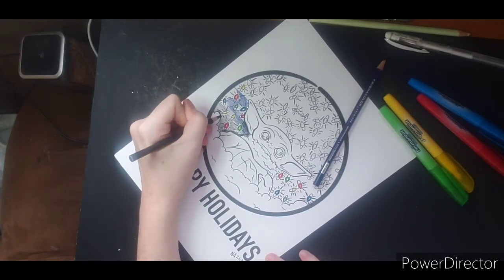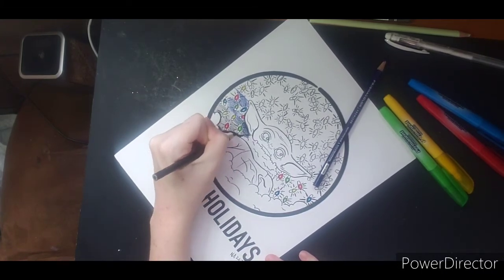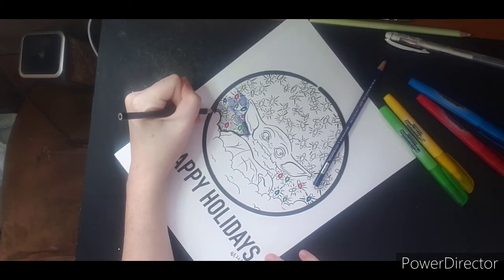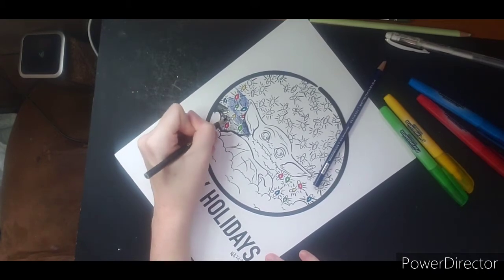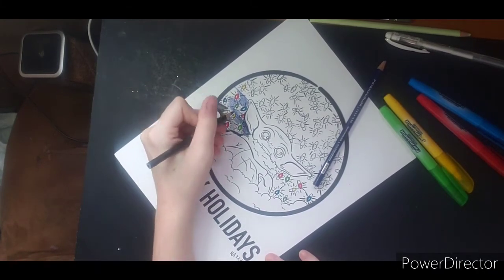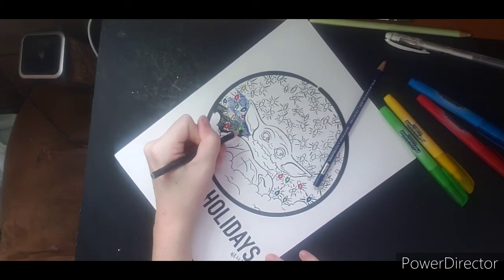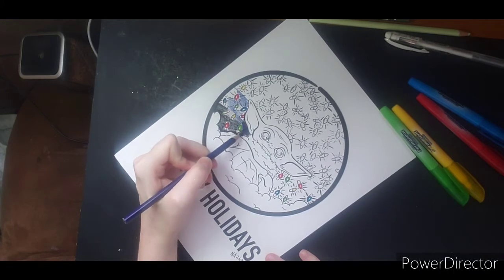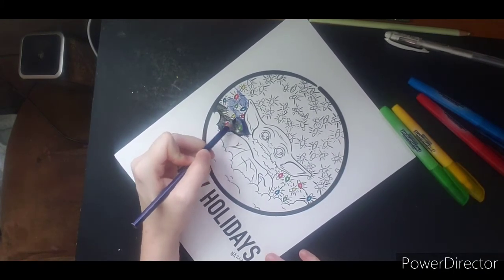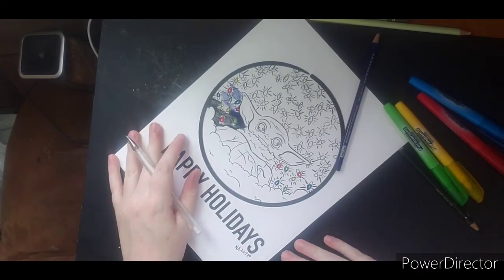I am thinking of doing the bottom of the light bulbs metallic, just to give them that spacey metal feel. Okay, so we'll see. I really just got this image, so I haven't had a lot of time to contemplate and decide for sure what I want to do. Just going with the flow. But I think, and then come back in with this again. I think that's what I'm gonna do,